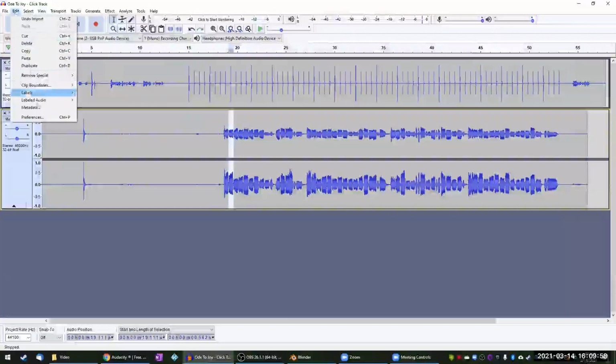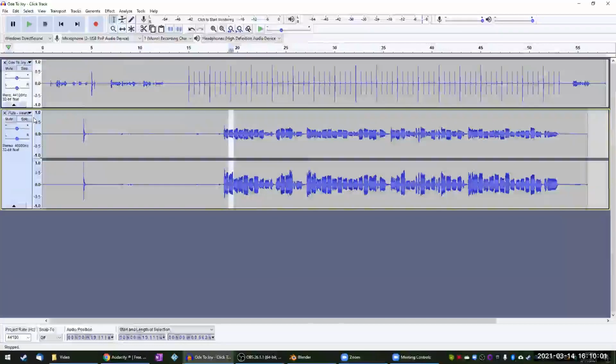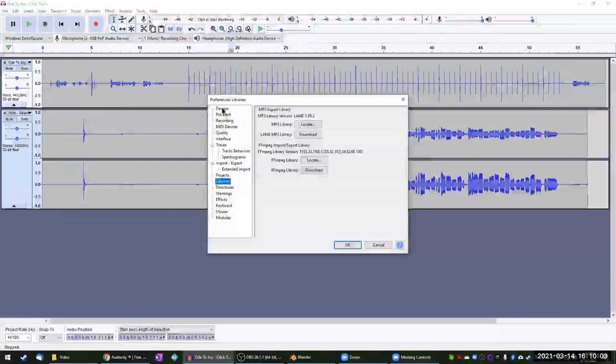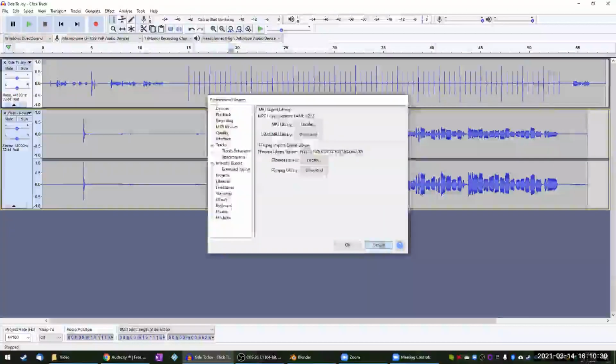If you go to Edit and Preferences, it'll say that it's missing a library. And so there's a setting called Libraries here. And what it wants is the FFmpeg Import Export library. And it hopefully gives you links for not only downloading what that library is, but once you download it, how to add it to your Audacity install. If you follow the instructions through those links, I'm not going to go through that here, but it is very detailed on the instructions. It'll get you set up so you can just drag your videos right onto your project.